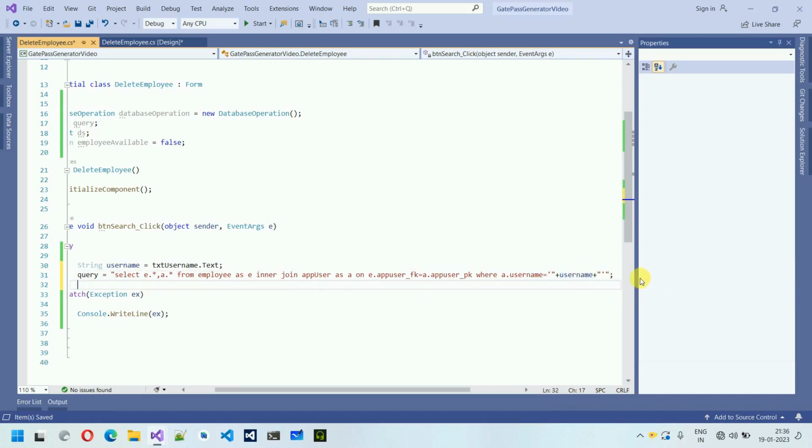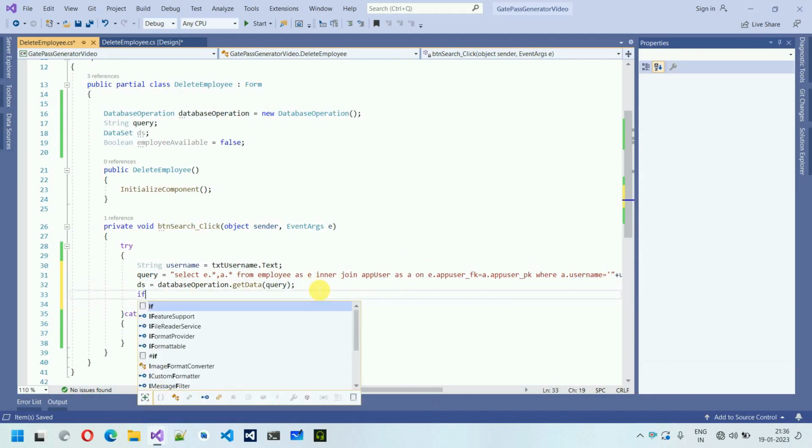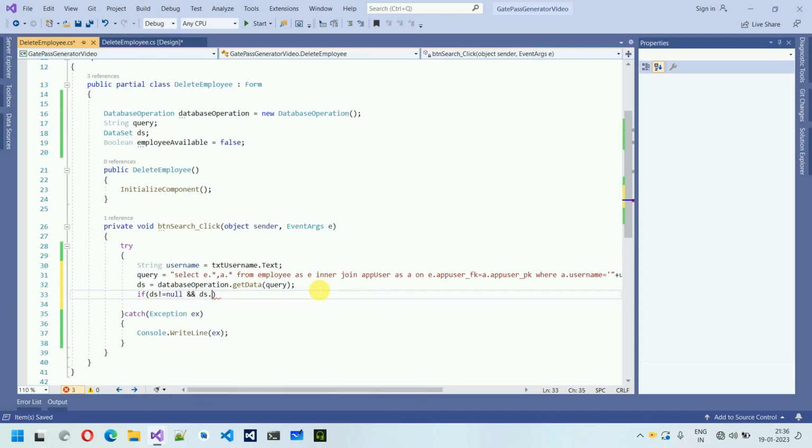So if this is the scenario, then what we are going to do is simply perform the database operation .GetData. Inside this one, we have to pass the query. Okay. After this, if I move back over here, now we will check if this data set contains some data or not. So if ds is not equal to null and ds.Tables[0].Rows.Count is not equal to 0,